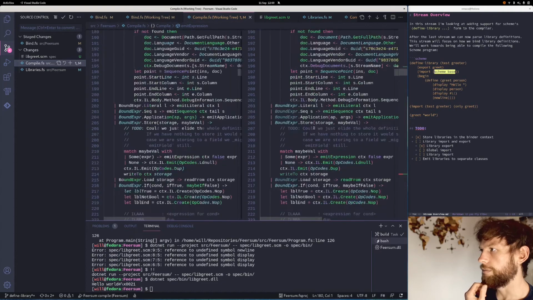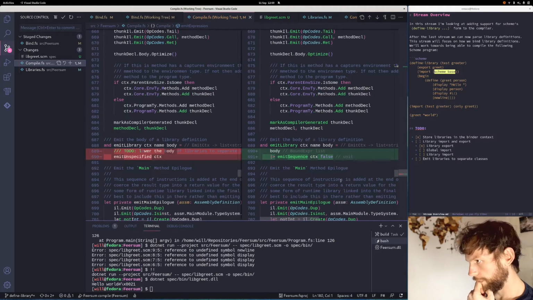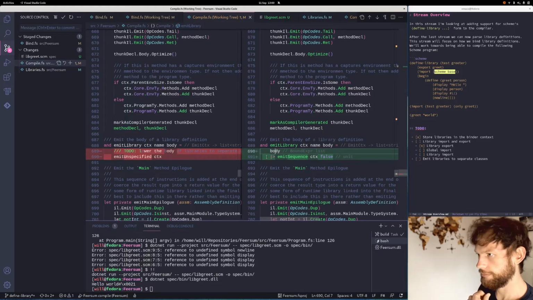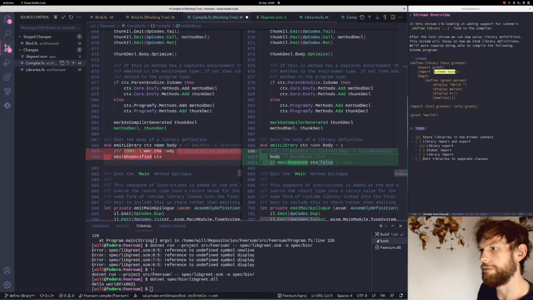We have more NOP. That probably wants fix me here. Library bodies should